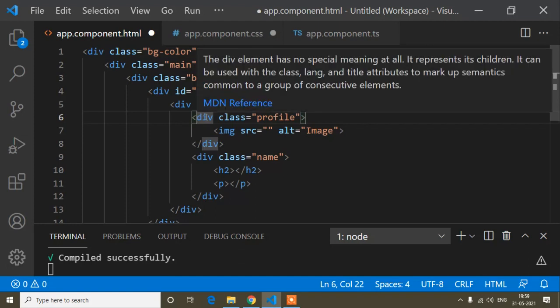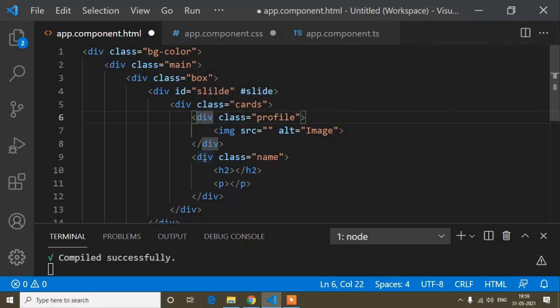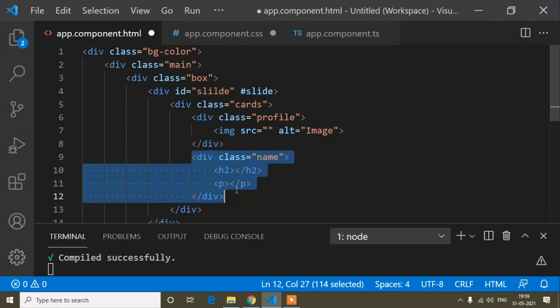So that's why this profile div will be display inline-block, and that name div will be display inline-block, because when we want to bring more than one div beside another div, at that time we write display inline-block. We cannot use block for the div. If I made this profile div block, then I could not bring this name div beside this profile div.